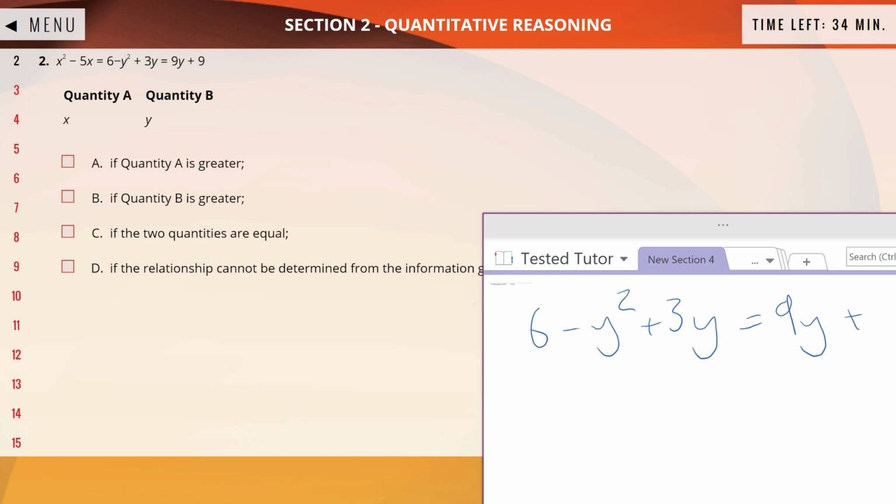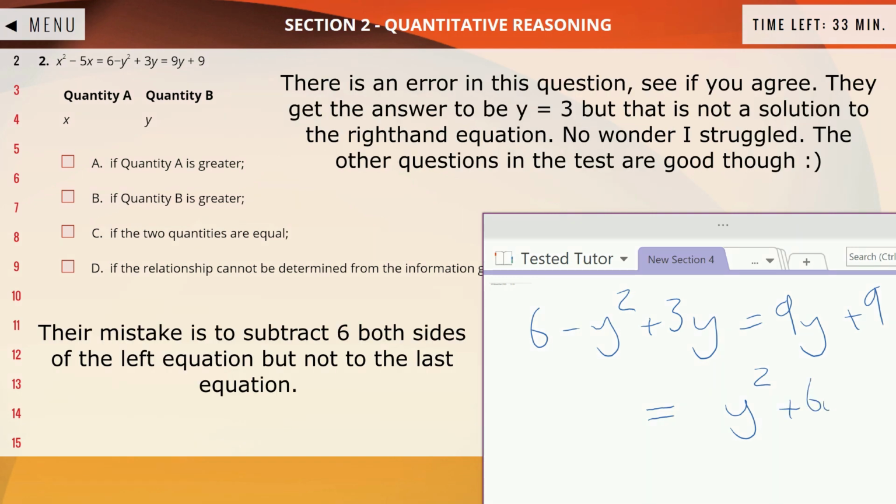That's the second part of the equation. And if I try and solve that, I'll move it all onto the right-hand side. So that'd be y squared plus 6y plus 3 on the right-hand side equals 0. If I move that to the right, yeah, perfect. Factorizing that, you get y